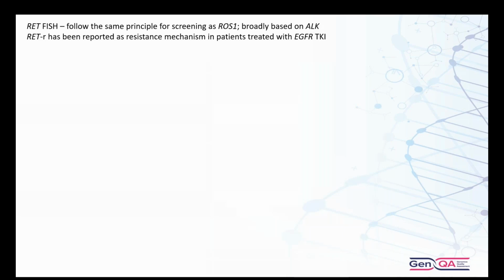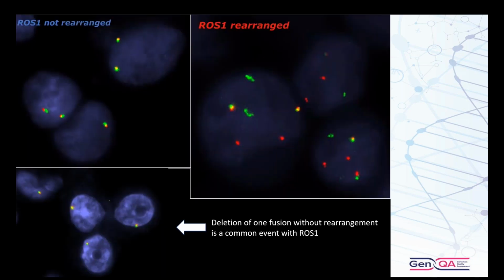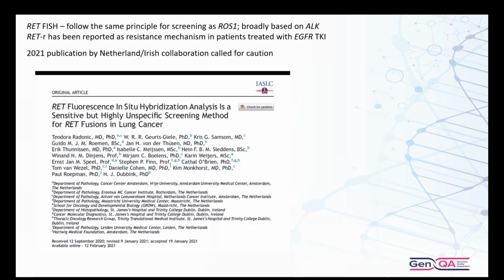And then RET. So again, we follow the same principles for screening RET as we do for ROS. So it's broadly based on ALK. And RET rearrangement has also been reported as a resistance mechanism for patients that have been treated with EGFR targeted tyrosine kinase inhibitors. But in 2021, there was a publication by a collaboration between a couple of groups in the Netherlands and an Irish group,